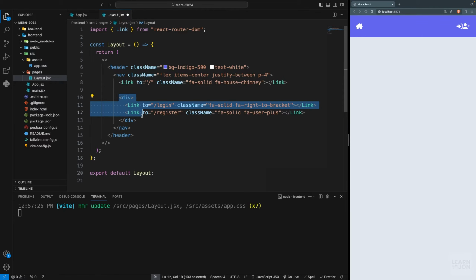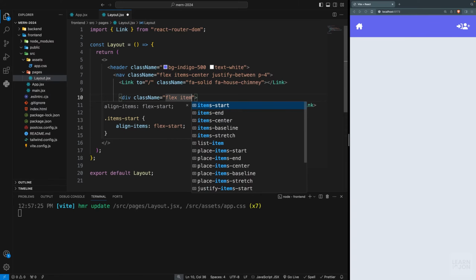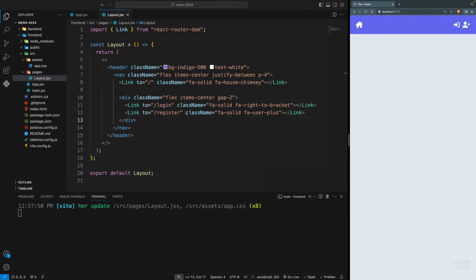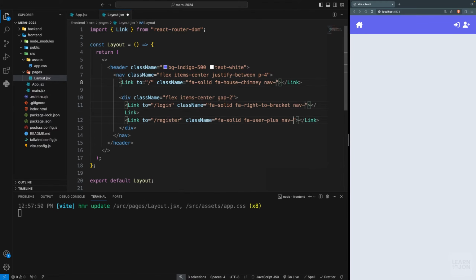Now on this div, which is the wrapper for these 2 icons, I'm going to add again flex, items center, and some gap, maybe gap 2. We don't have any styles for our links, and I'm going to have a custom class. So first, let's add the class to all of these links. So I'm just going to use the multi-cursor and just add nav link. So we don't have this class yet,